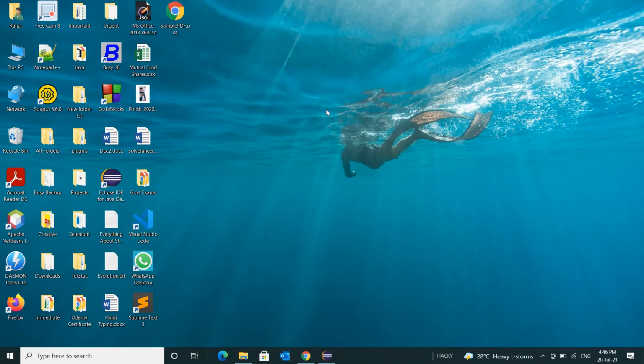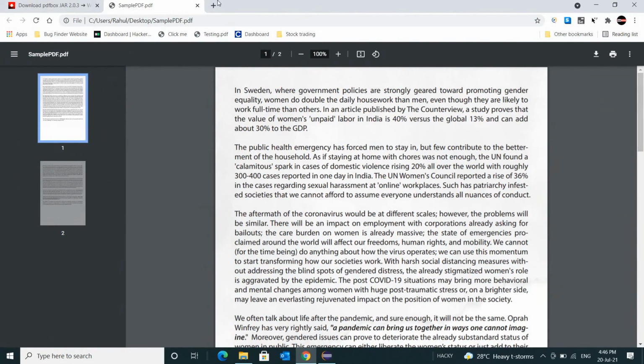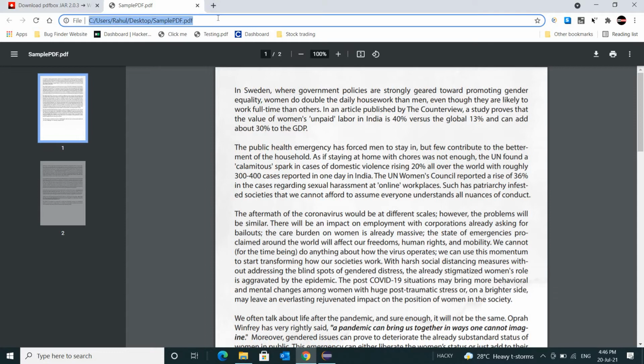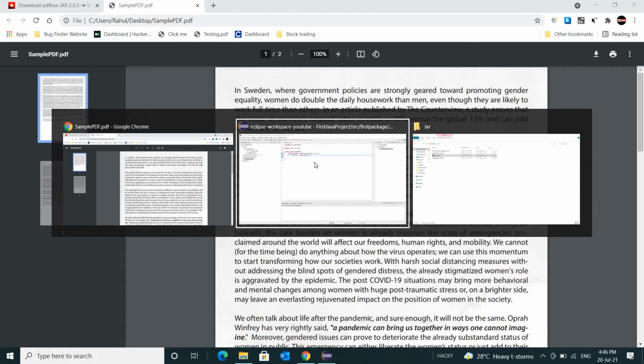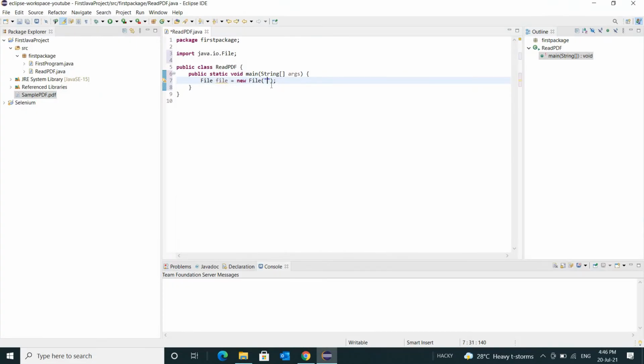To get the address of this file, if we have opened it in Chrome, see, you can get the address from here also. You can paste that address here.